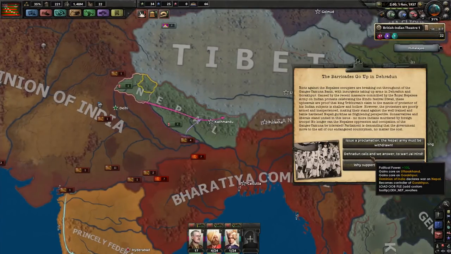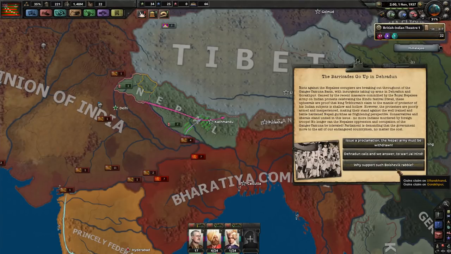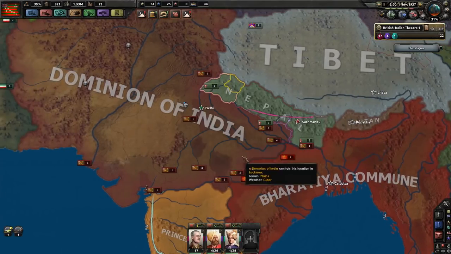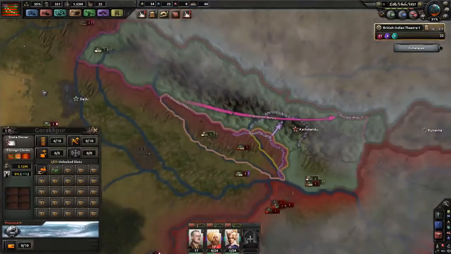You could go to war over them and get more political power, as well as getting those cores. And then a couple of units will rise up. Or you could just say, why support it, and merely get a claim on Nepal because they are oppressing your fellow Indians. So, just so you can see what it looks like, when you declare war on them,